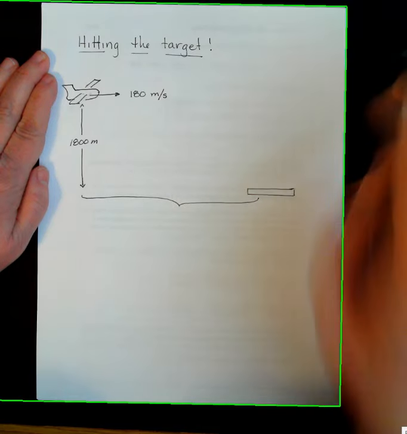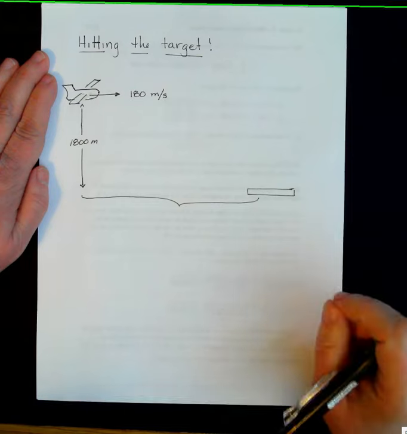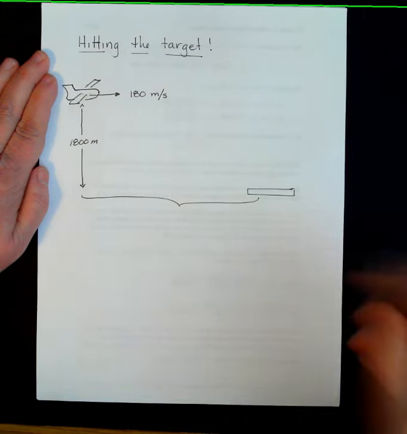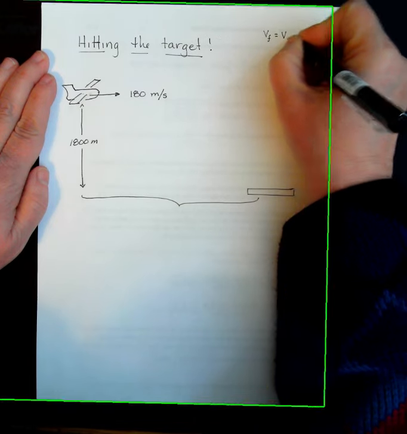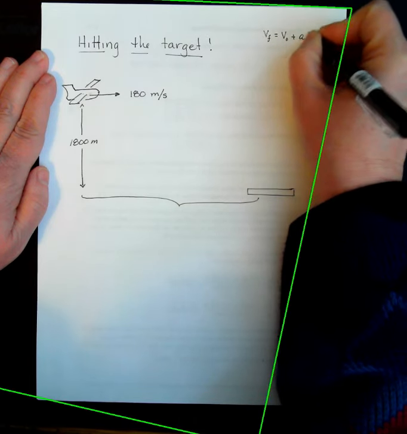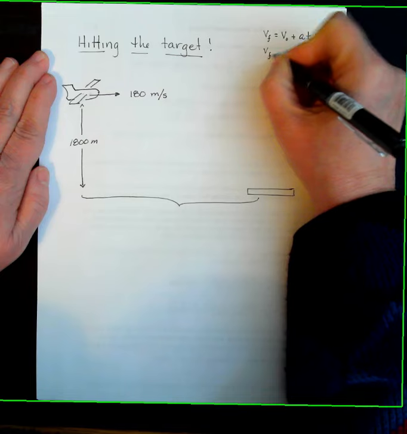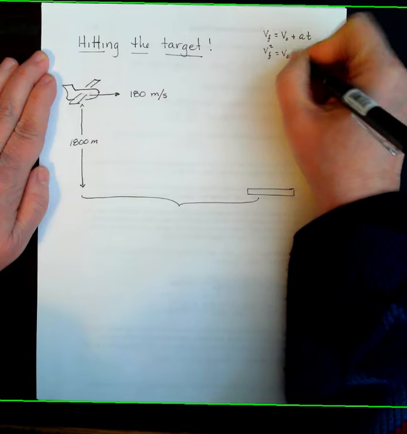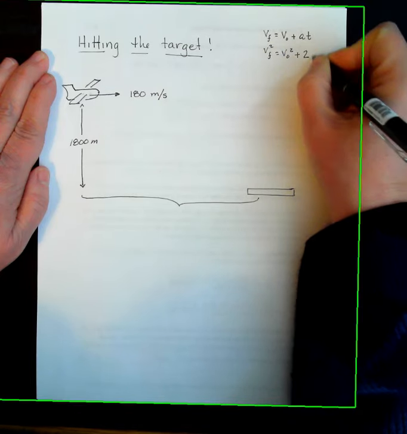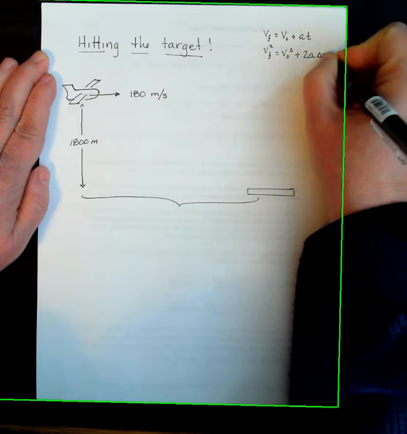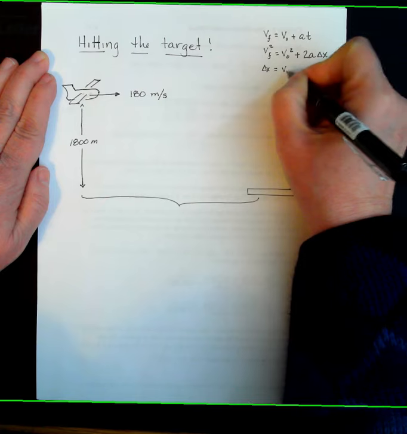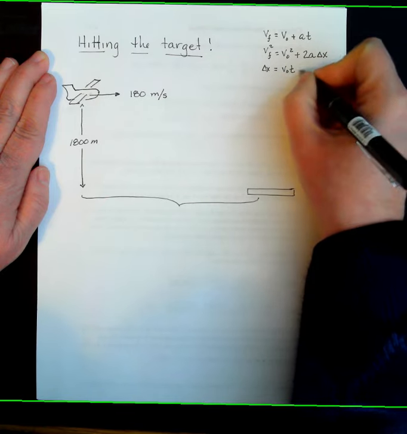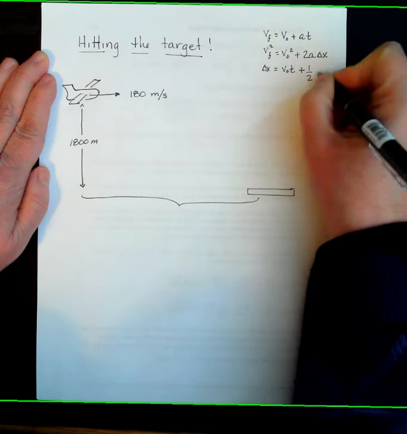We are introducing two independent variables. And we still have our three equations. We have V final is equal to V initial plus acceleration times time. We have V final squared is equal to V initial squared plus 2 times acceleration times my change in position. And we have my change in position is equal to the initial velocity times time plus 1/2 the acceleration times